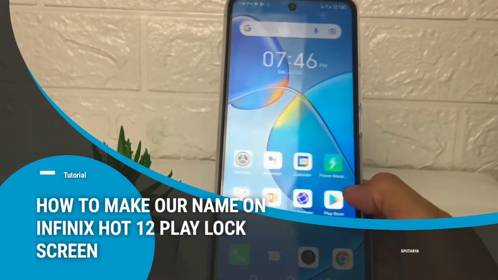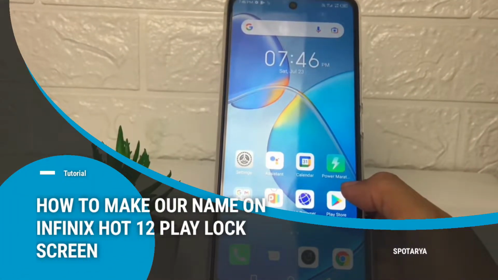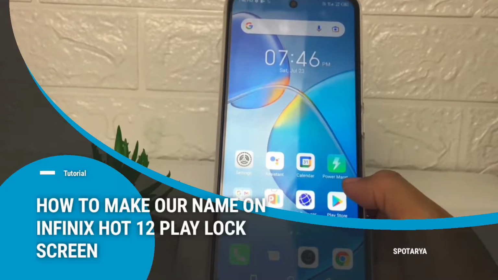So today in this video I'm gonna show you how to make your name on Infinix Hot 12 Play lock